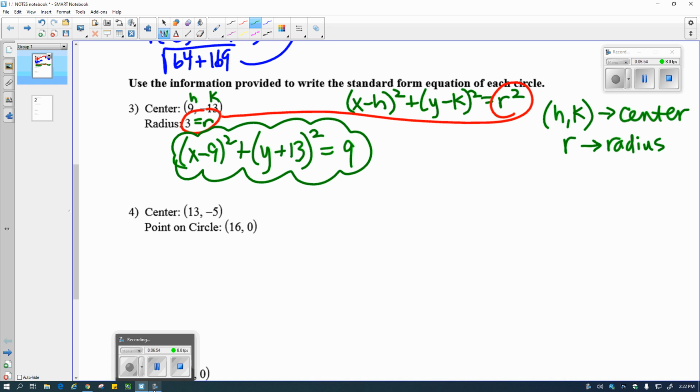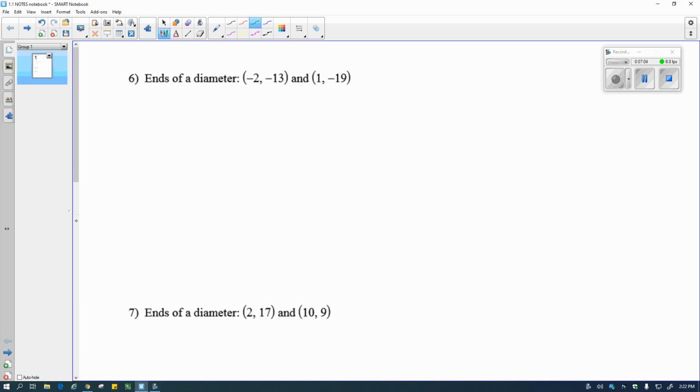I'd love to say that they're all going to be that easy, but of course not. You know, there's going to be instances where you're going to have a little bit more work involved. Like, for example, on our next problem, we have,